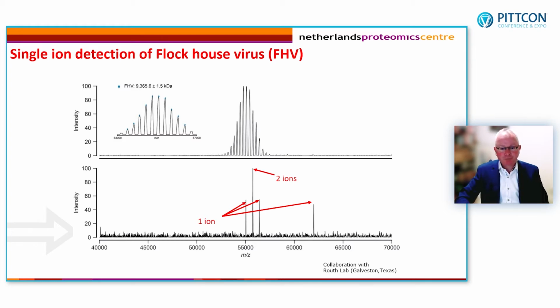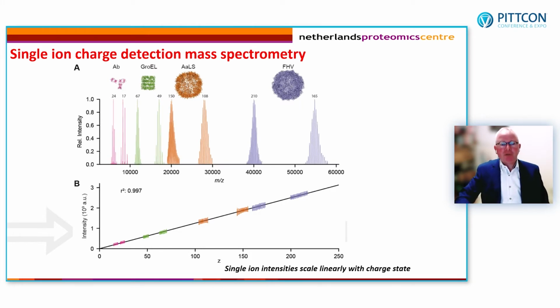Or the other way around, if we can measure the signal intensity, we can directly tell what the charge is of that particle. Now, we first wanted to prove that, and we measured all these different assemblies, from antibodies to GroEL, to nanocontainers, to Flockhouse viruses. And indeed, over this whole range of masses, from 150 kilodalton to 10 million Dalton, we found this beautiful linear correlation between the signal intensity and the charge. So now we can assume that if we measure a single ion of a single particle in the Orbitrap mass spectrometer, we directly, from the signal intensity, can tell what its charge is,